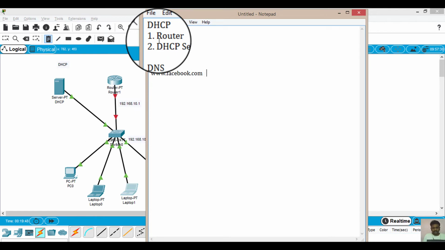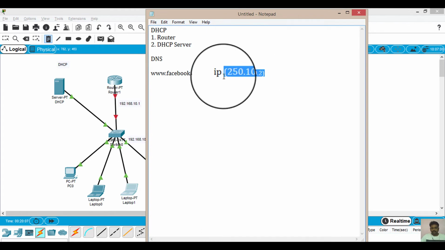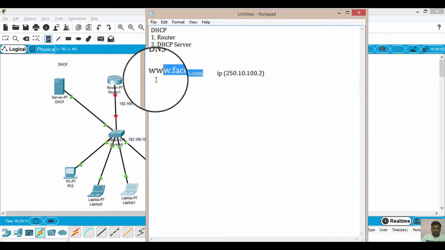But in the back end, these names have certain IP addresses. This could be anything, let's suppose something like 250.110.100.2, anything. We cannot always remember these IP addresses, that's not possible. So instead we use these names.